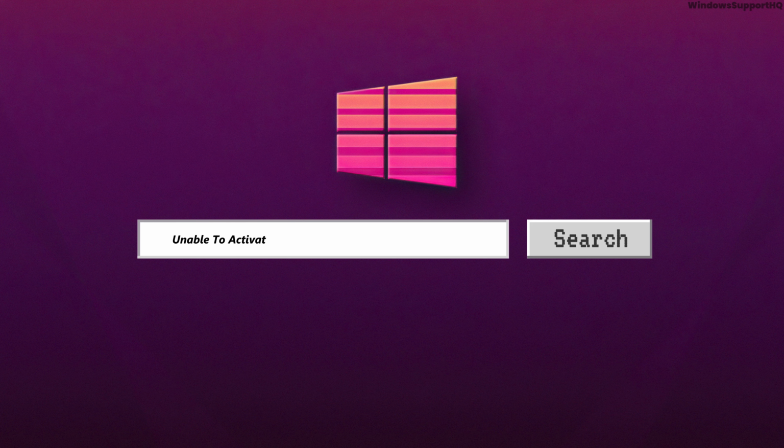How to fix we can't activate Windows on this device, or we can't connect to organization error